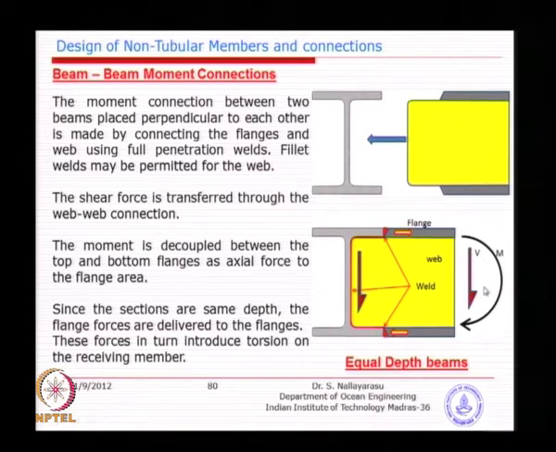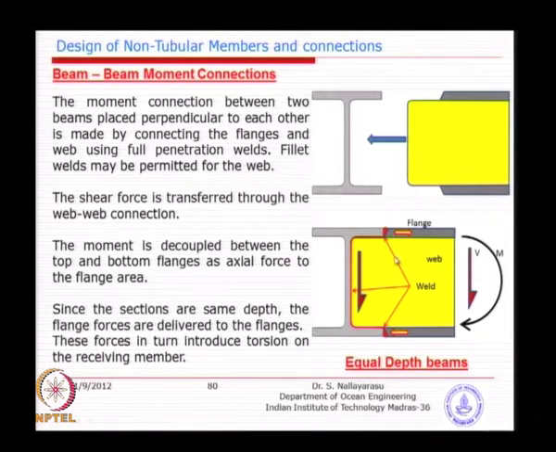Whereas, when you look at the bending moment, you will be able to decouple, which is basically the fundamental idea of decoupling the moments between the strong points. See, the top and bottom you have large web flange area. So, that is where it will get decoupled. So, you will convert it as an axial load at the top and bottom, a tension and compression couple. So, this is where you will find that the welding between flanges has to be strong enough to take this couple load, otherwise what will happen? It will just come away.